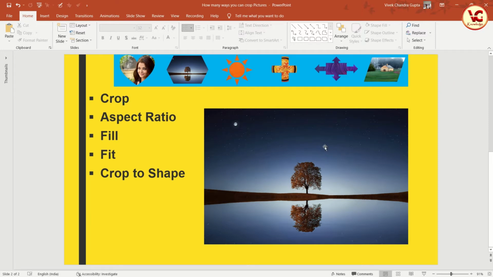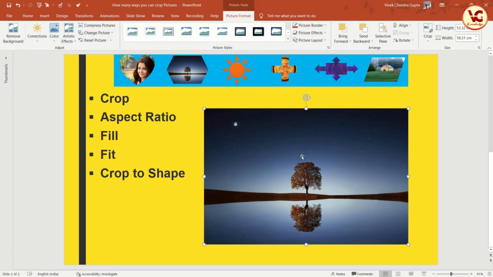Right, so let's start. We will start with an example using this image. The moment we click here, it shows the crop option. Normally when we click here, we do a rectangular crop or square crop. As you can see, it has provided 8 guiders.